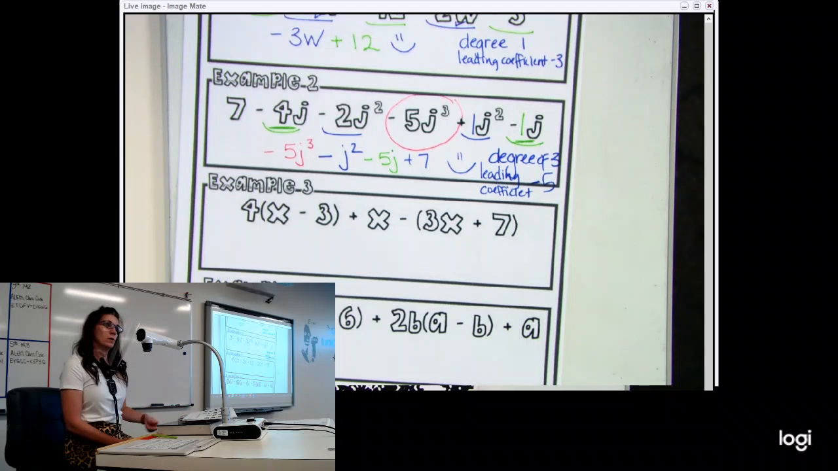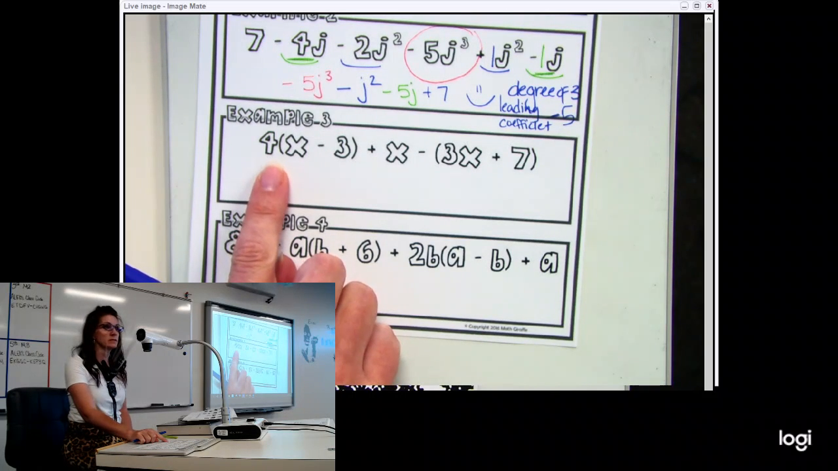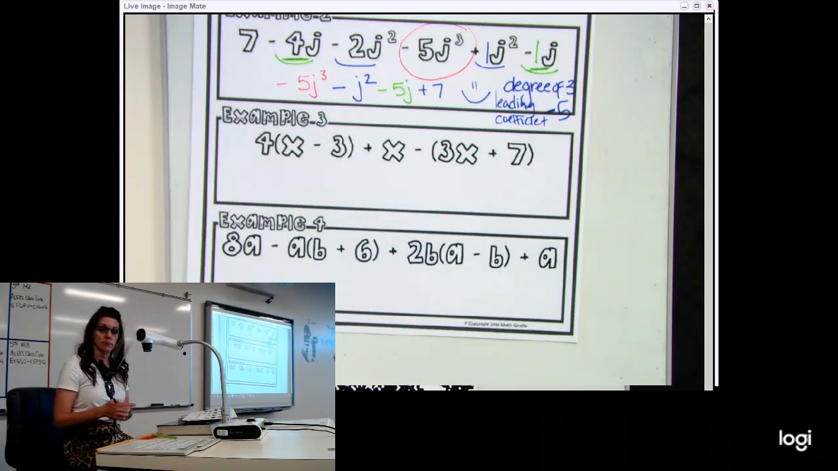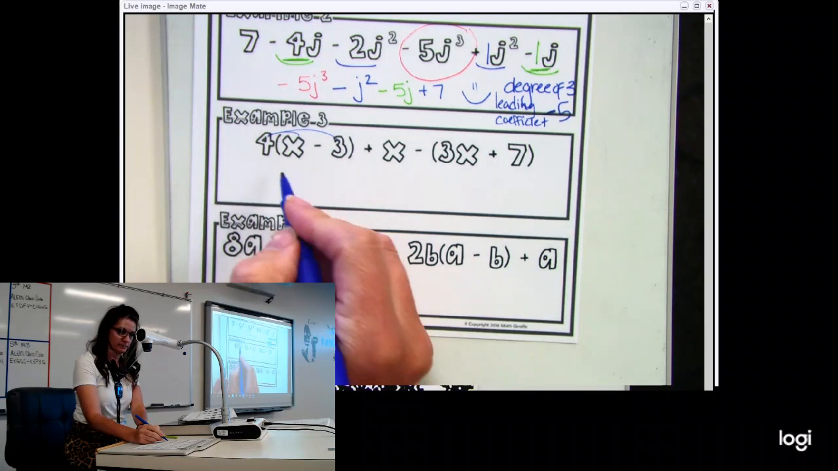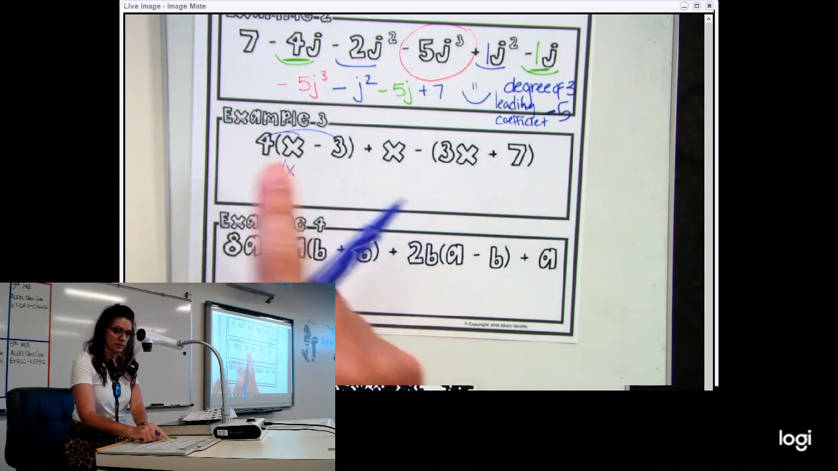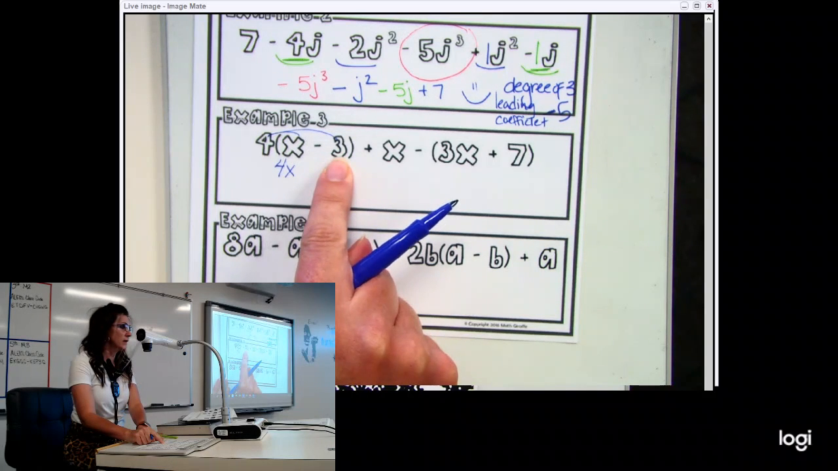Should we do one more with leading coefficient and degree, and we'll see if we can see the pattern after example 3? All right. What does it mean when 4 is next to the parentheses? You multiply and I need to distribute through. I love seeing you go like this because that's how my brain thinks about it too. So there we go. 4 times x is 4x. 4 times a -3 is a